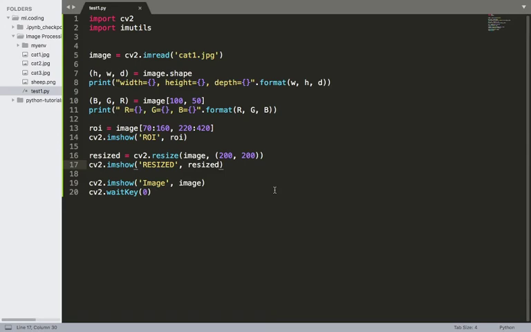I think we will cover everything I have left in the next video. So resizing the image is completed. In the next tutorial we will cover rotating the images, and how to resize the images using the imutils library, something like that.